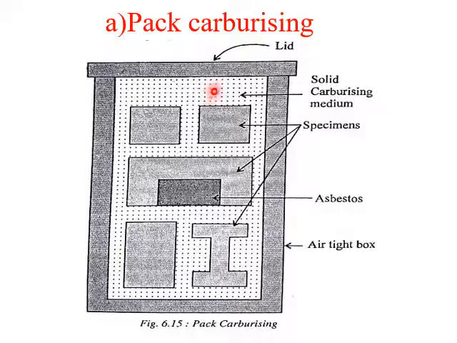Okay, so which is rich in carbon, and we have a specimen. This is a regular shaped specimen, this is an I section, and this is an irregular shaped one. Why have we provided different shapes of the specimen here? We can see here that the diffusion of the atoms throughout the specimen is simple, so we'll get a uniform thickness throughout the specimen.